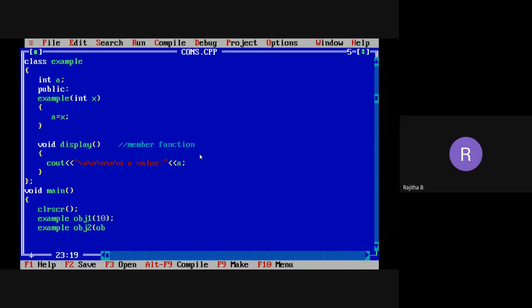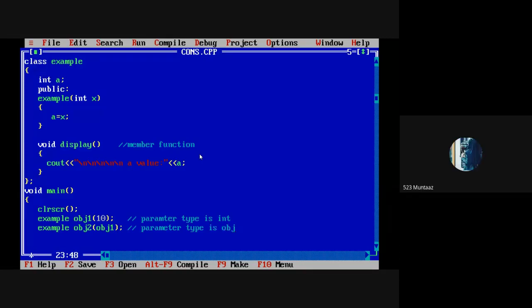So you need to pass obj1 here. In this one the parameter type is integer, and here the parameter type is object. Is this clear, everyone?